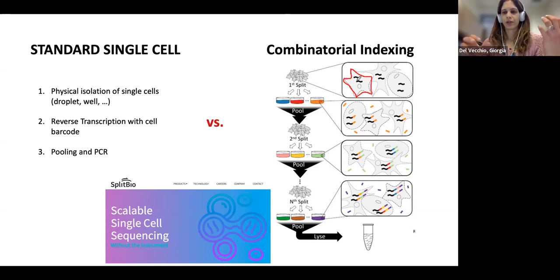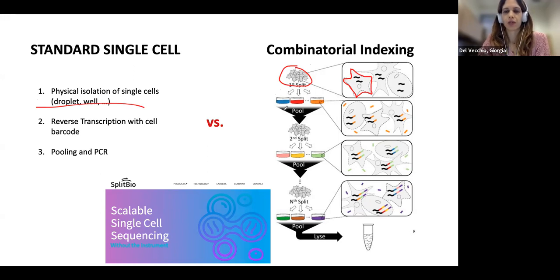just to maintain the transcriptomes separate from each other. So we are just keeping the single cell suspension for the entire combinatorial indexing step. So how does it work? We need to start with a single cell suspension, as for the standard single cell. But then what we are going to do is just split the cells in a 96-well plate,